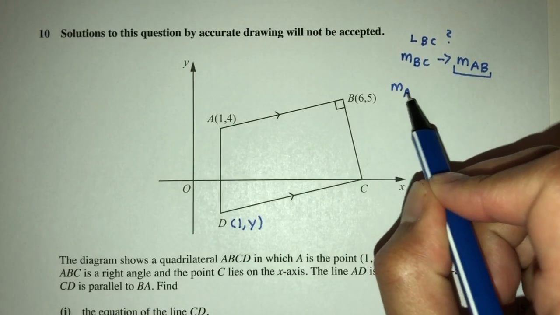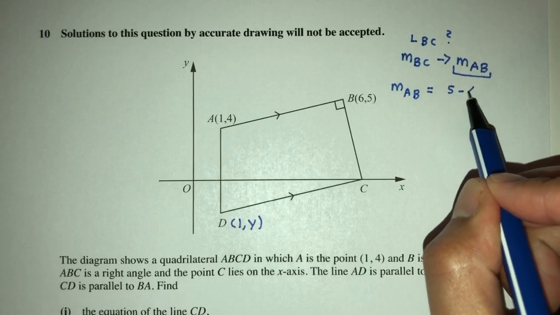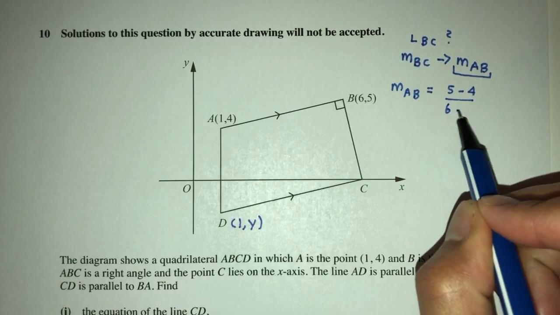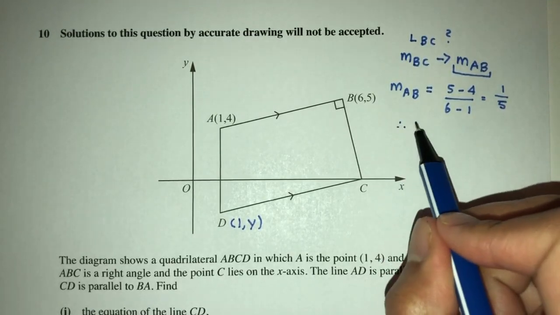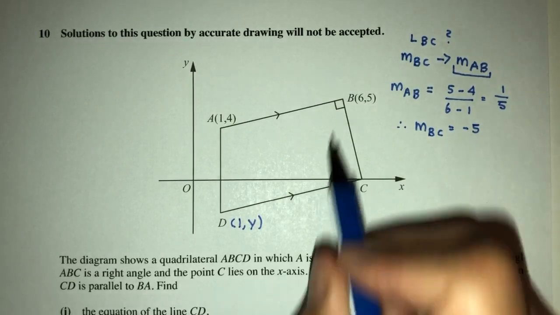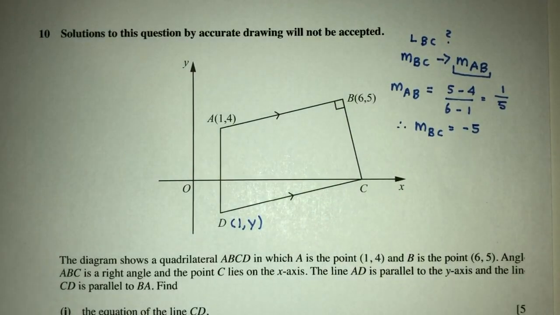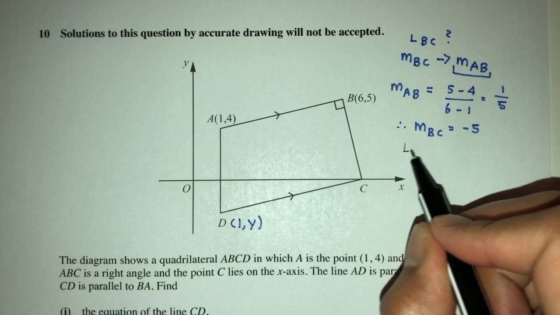The gradient of AB is equal to y2 minus y1 over x2 minus x1, so 5 minus 4 over x2 minus x1. That will be 1 over 5, which means the gradient of BC has to be minus 5. This one is minus 5 for its gradient. Now to find the equation, so the equation of BC,